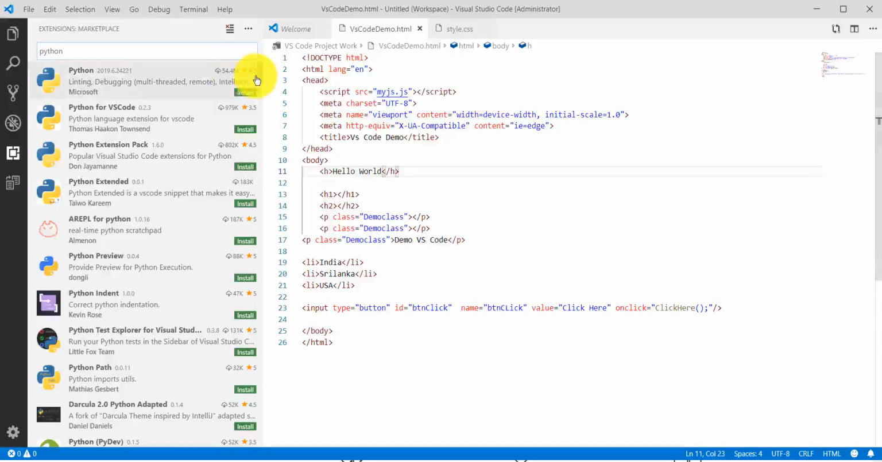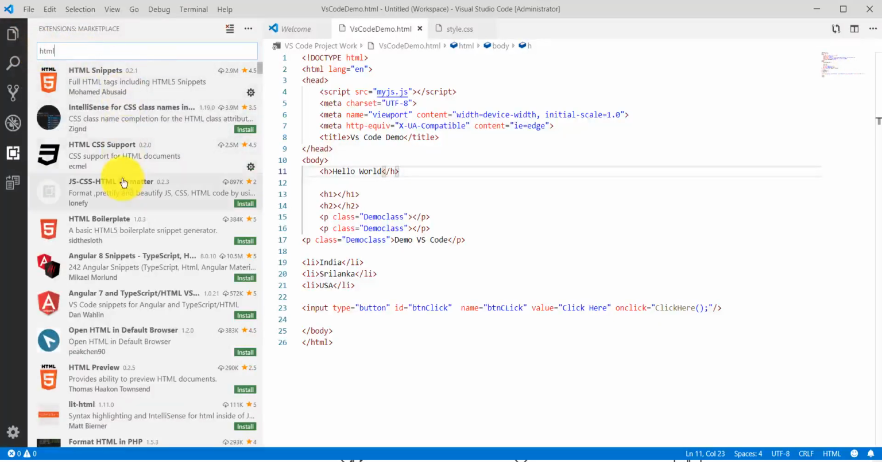You can see the first one has 54.4 million downloads already. So a lot of editors are there. If I search for HTML, you will be able to see a lot of extensions for HTML: the snippet, HTML CSS support, JS, CSS, HTML formatter. So a lot of things are there. And here also